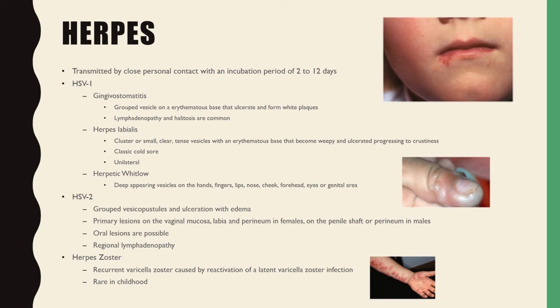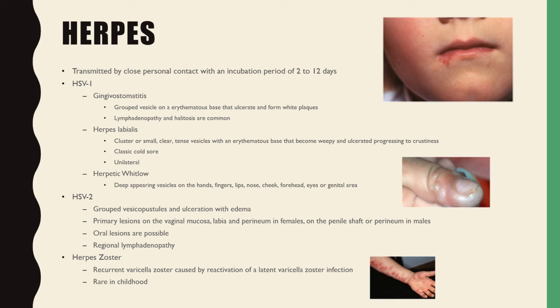So now we're going to move on to viral infections of the skin. The first one we're going to talk about is herpes, and as you know, herpes can come in a wide variety of types and symptoms. It's transmitted by close personal contact with an incubation period of 2 to 12 days. There's HSV1, 2, and herpes zoster we're going to talk about. So HSV1 can show as